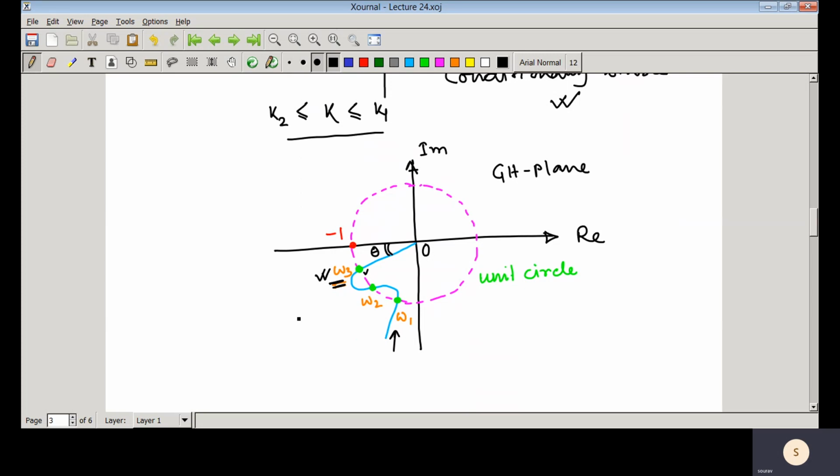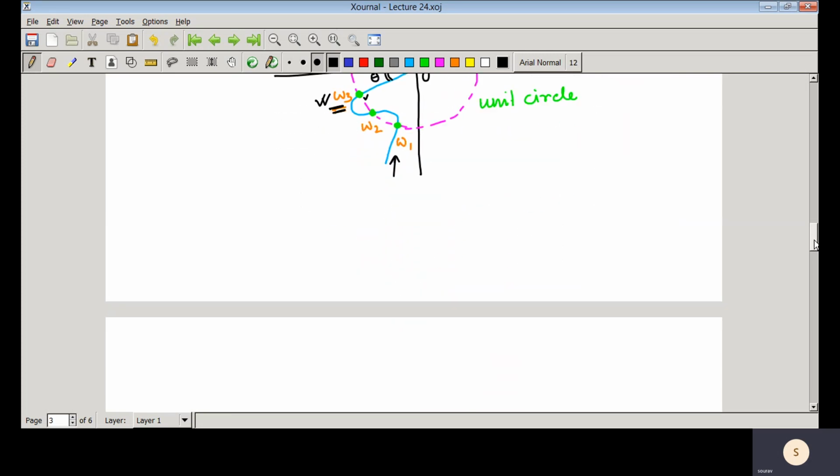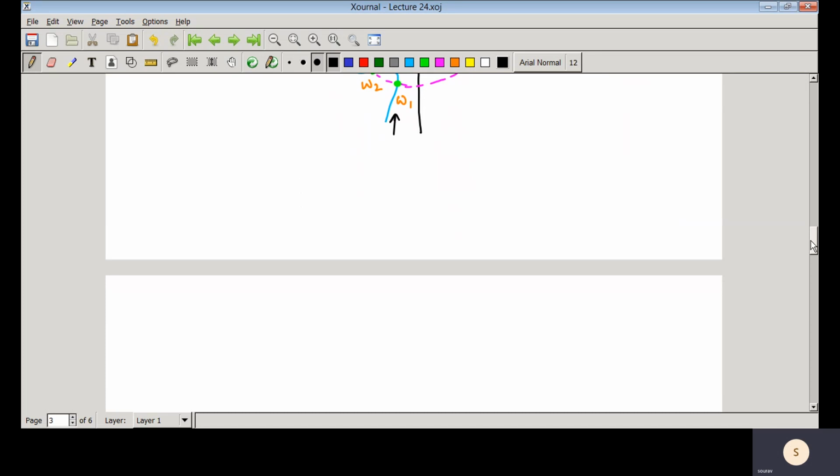Now we are going to discuss one more concept, which is called the delay margin. What is the delay margin? We have already discussed what the transportation lag is. We have discussed gain margin and phase margin, and the delay margin is a very important concept, because whenever we design a closed loop control system, in every closed loop system there is some sort of delay.